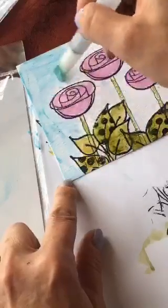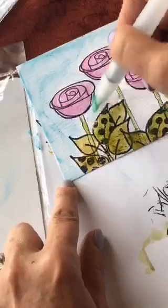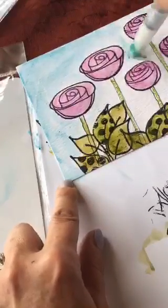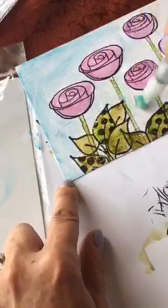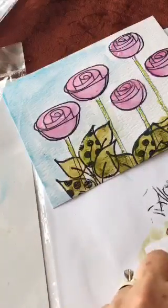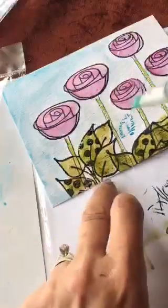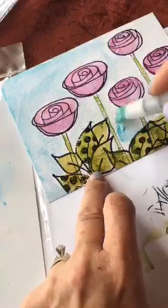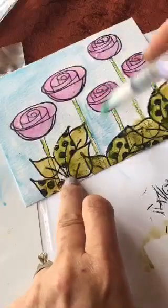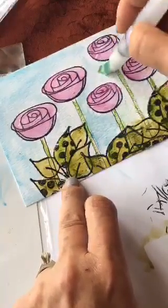So I'm just going to spread it around. I don't want too much color, so I'm not going to. You can see how a little goes a long way. I was able to color all of this area. Bo-bam. Is that the word, Andrew? I'm able to cover a lot of area with a little bit of pigment. And I'm even going over